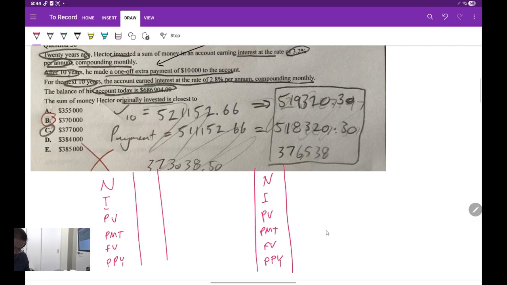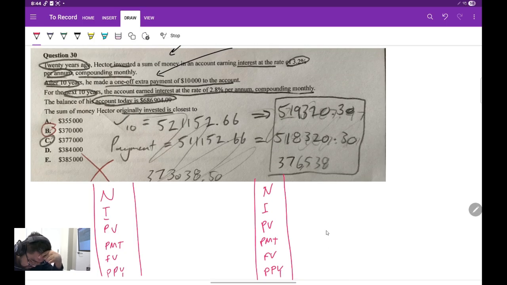Okay, so the way I'm going to do this now is read through the question. 20 years ago, Hector invested a sum of money earning the interest rate of 3.2% per annum compounding monthly. After 10 years, he made a one-off extra payment of $10,000 to the account. For the next 10 years, the account earned an interest rate of 2.8% per annum compounded monthly. The balance of his account today is